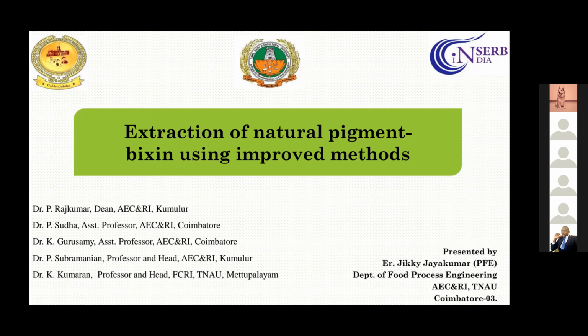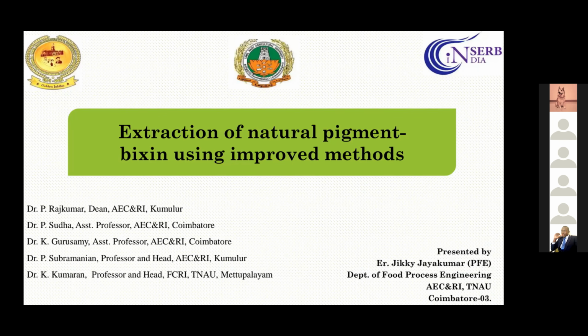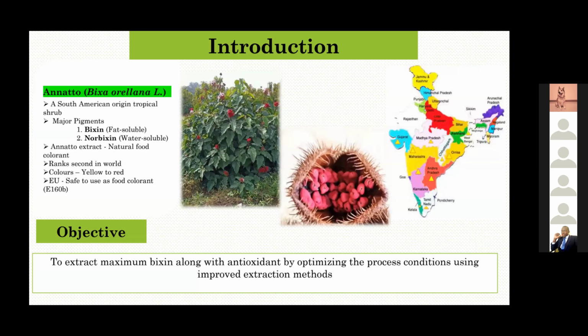I'm a PhD scholar from the Department of Food Process Engineering, TNAU. My work is extraction of natural pigment, bixin, using improved methods. And bixin is the pigment that is obtained from the plant called annatto, which is a tropical shrub or